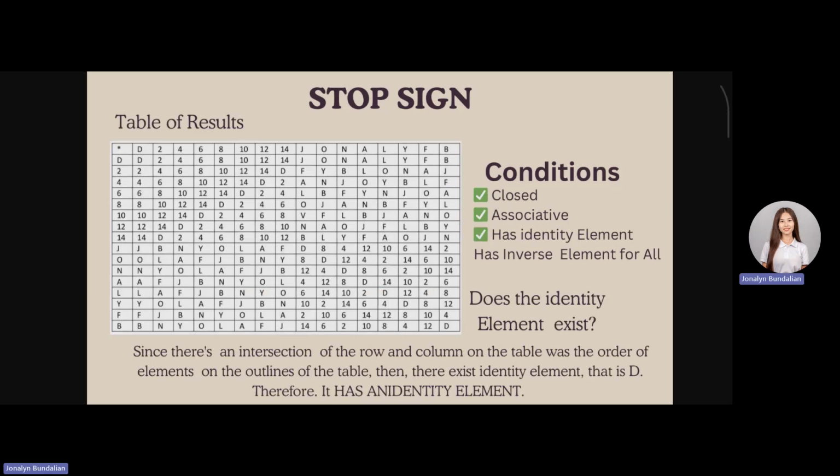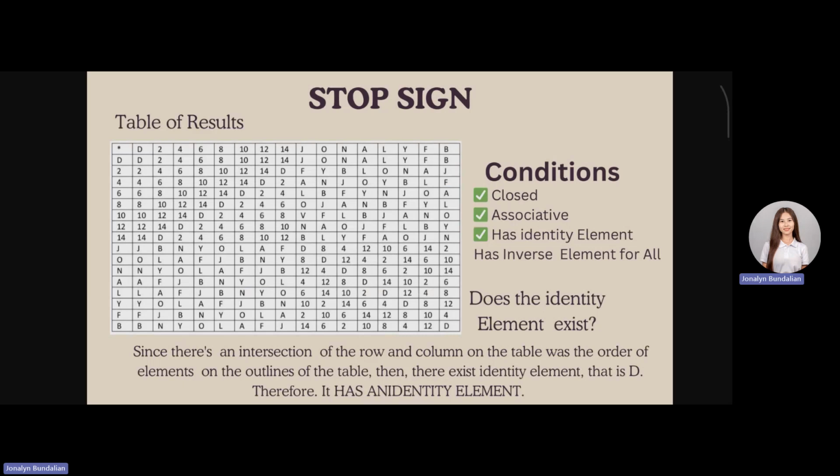The third condition: it has an identity element. We look for an identity element, something that doesn't change the result when combining with any other element. Since there is an intersection of the row and column on the table that matches the order of elements on the outlines of the table, there exists an identity element.